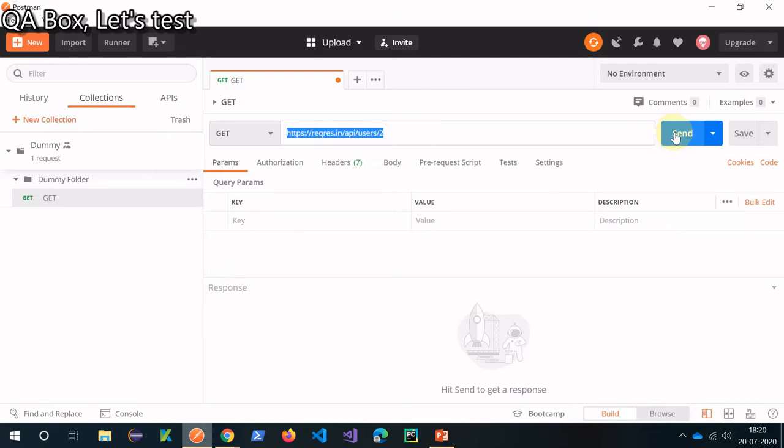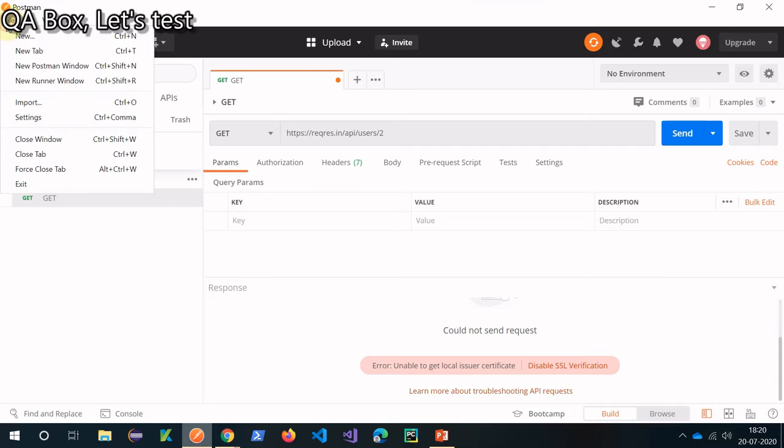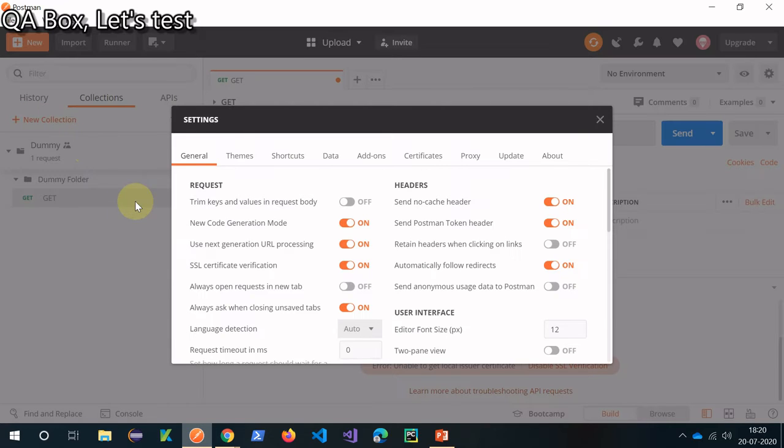All right, so let me click on the send button and it is going to display the response. Okay, so you have seen this particular problem. Now how to fix it? It is saying to disable SSL verification. You can either go to your settings tab, come here in the general section, and disable SSL verification, because we are not sending the SSL certificate along with this request.